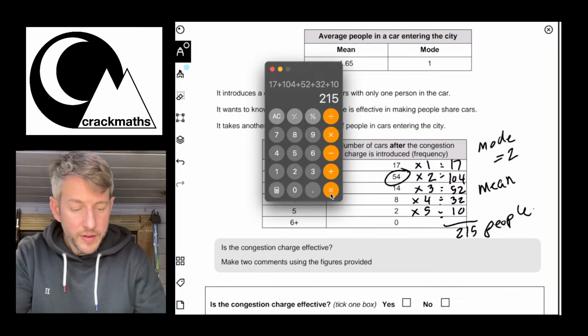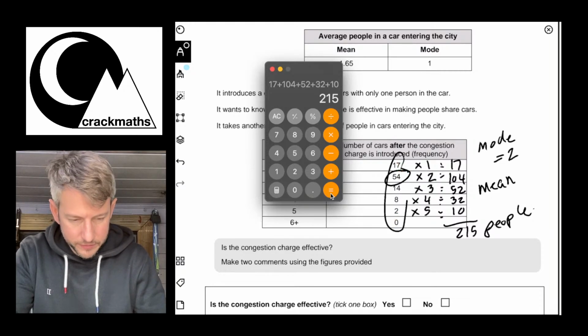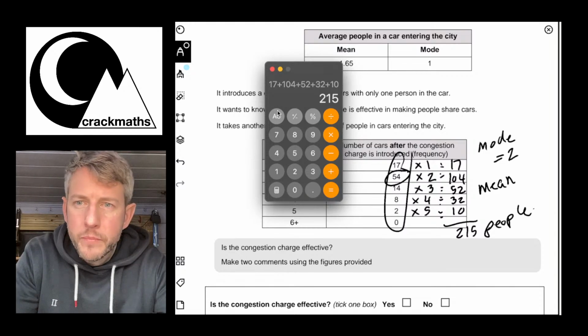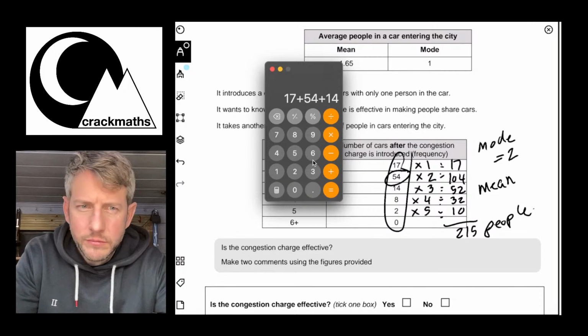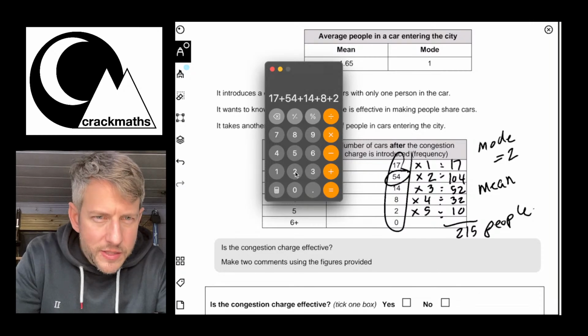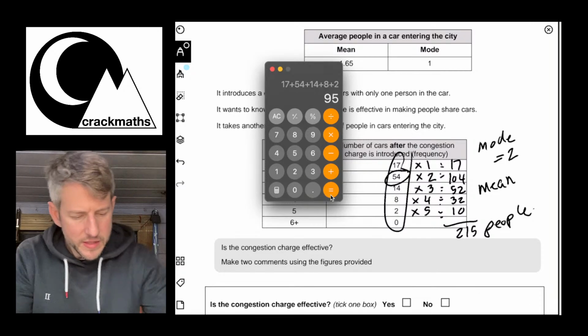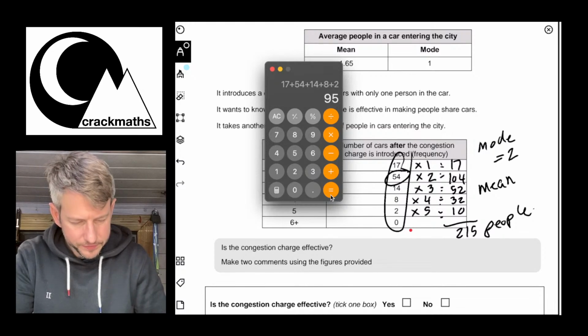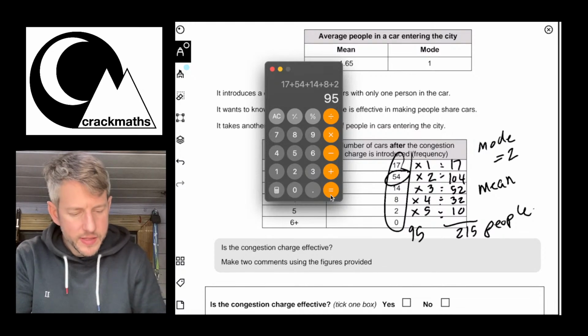Okay. Now we need to add up how many cars there were. So we can add up this list here. Okay, so we do 17, add 54, add 14, add 8, oh no, 14, add 8, add 2, okay, let's just double check those numbers. So there's now 95 cars. Okay, so there's 95 cars and